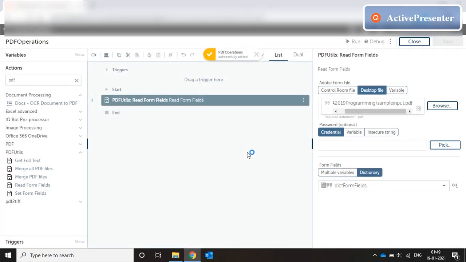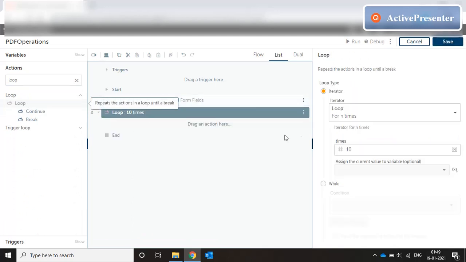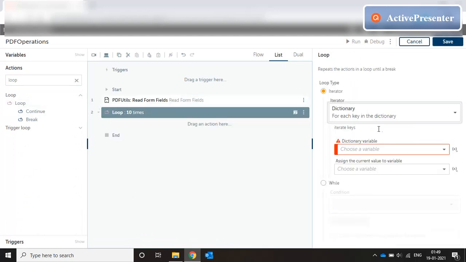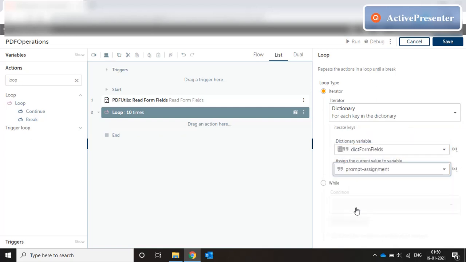Now we need to store this list of fields somewhere. So let's do a log to file. First let's do a loop, and we're looping for each key in a dictionary. What happens is when we extract the fields from a PDF, the field names are basically the key values. So what we need to do here is choose the dictionary and assign the value to a variable in the loop iteration, and we have to